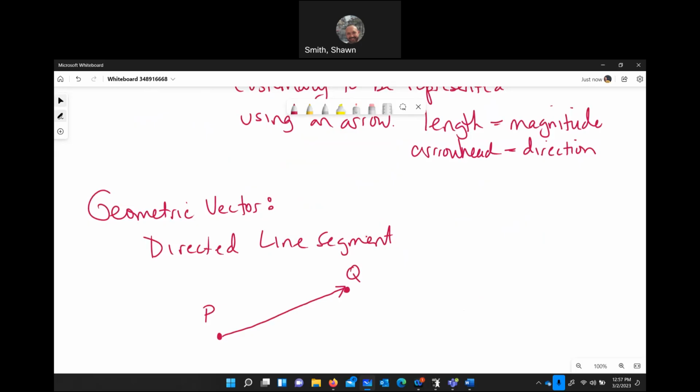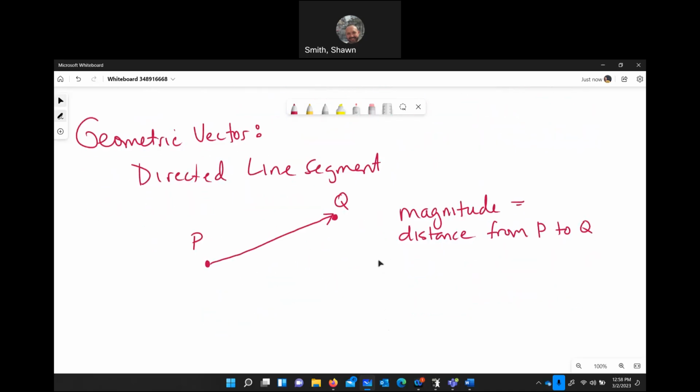The magnitude is the distance from point P to Q. So this can be called vector PQ like this, and you put a little arrow on top of the letters,